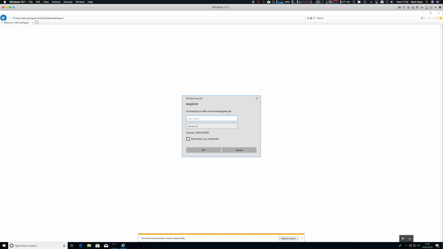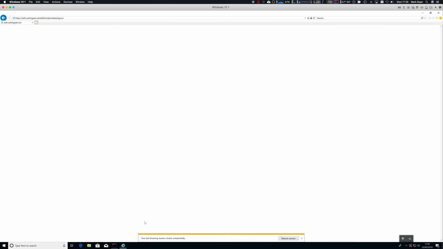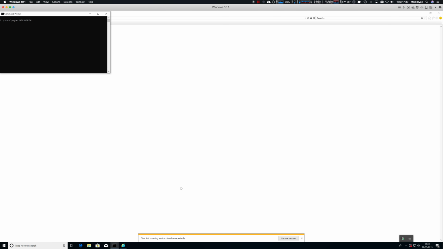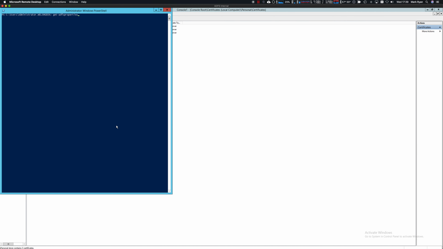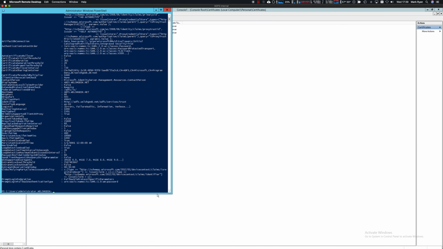If we notice, it's because of the host name here. Even though I can get a Kerberos ticket, it doesn't like the ticket that's being presented to it. So if we come onto our workstation and do a klist, we can see that the workstation retrieved a Kerberos ticket for the server. But really what we want this Kerberos ticket to be is the service principal name for the ADFS server. So let's take a look at my ADFS server